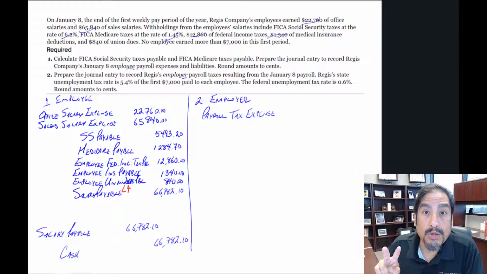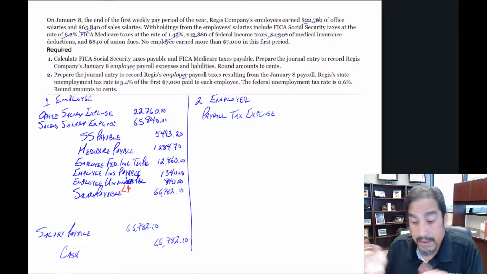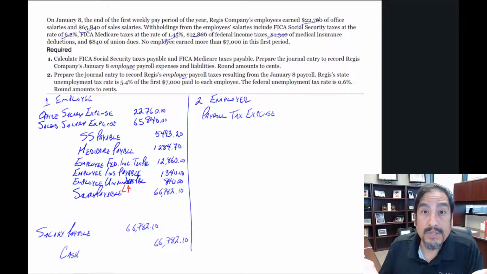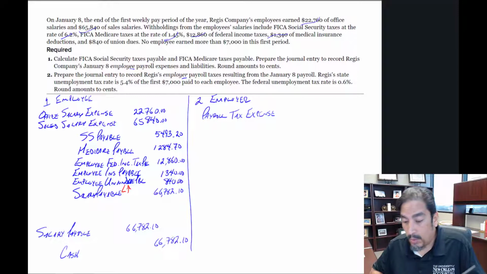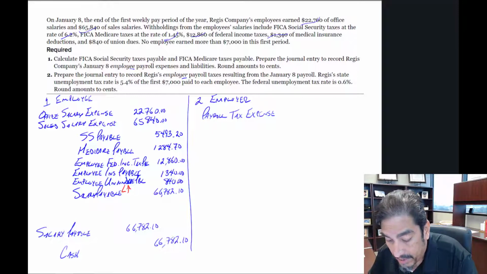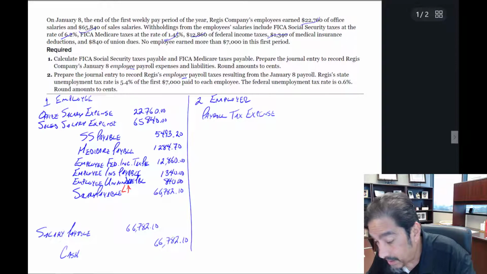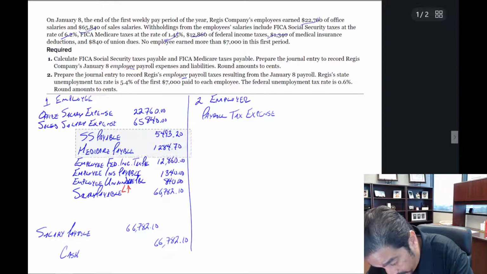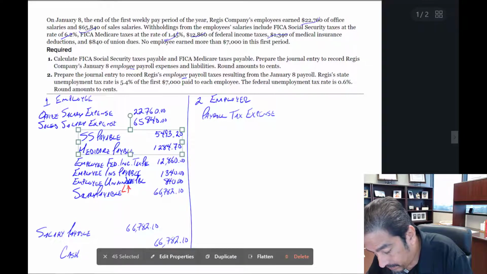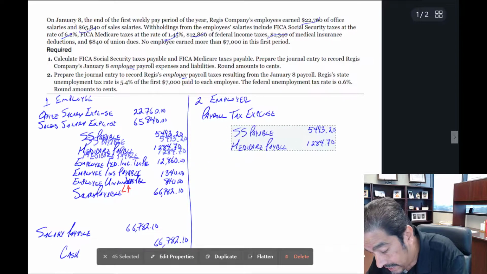And 2 of them are Social Security and Medicare. And they're the same as what we just calculated. So matter of fact, I'm going to cheat. We can just use that exact same